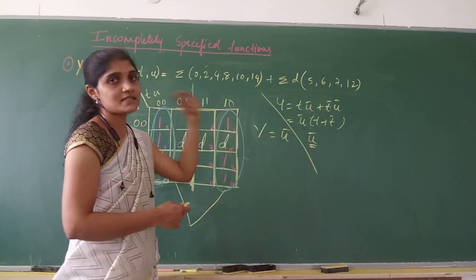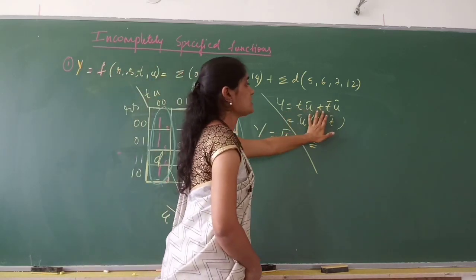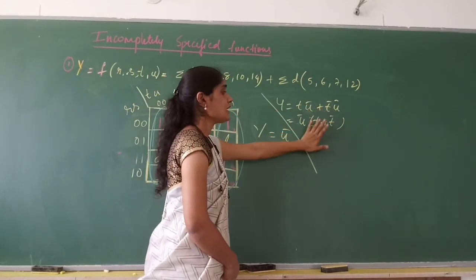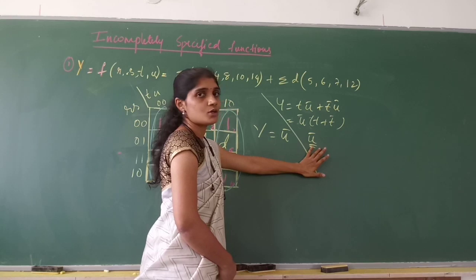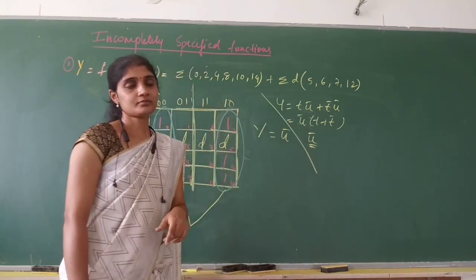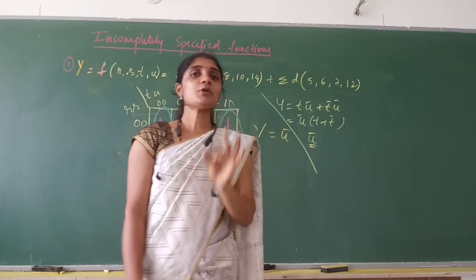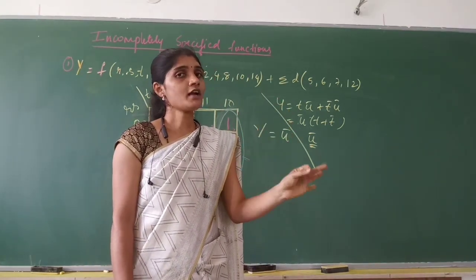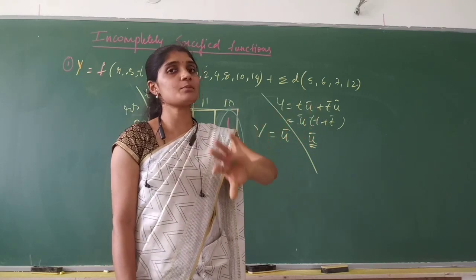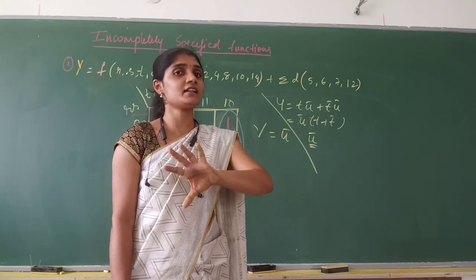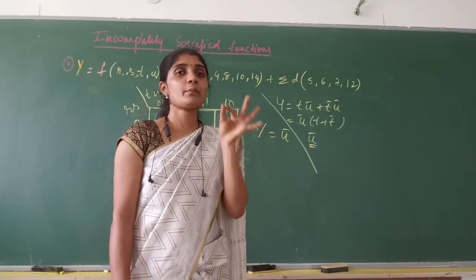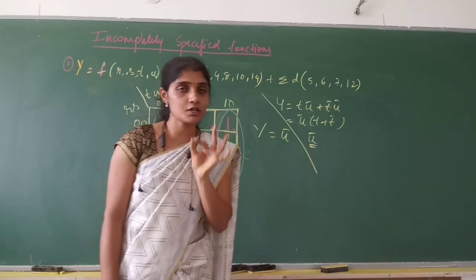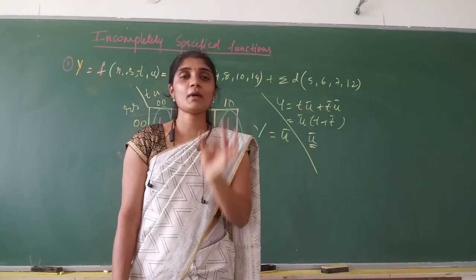Some of you can ask the question, ma'am, if we have done it like this, can't we write in the exam like this? From the K-map, we have got 2 groupings. Can't we simplify this and keep the answer as U bar? No, that is wrong. From the K-map, you should get the final simplest equation, not an equation that you then simplify by applying Boolean algebraic properties. From the K-map itself, you should be able to get the simplest equation. That is the meaning of K-map.